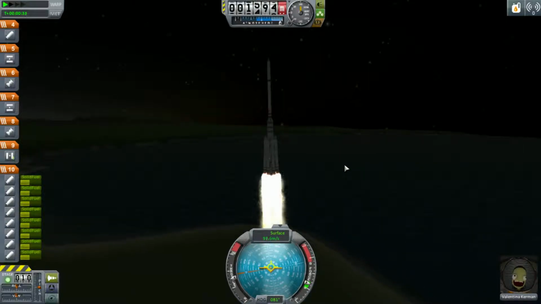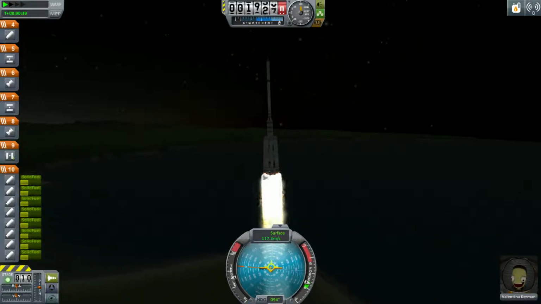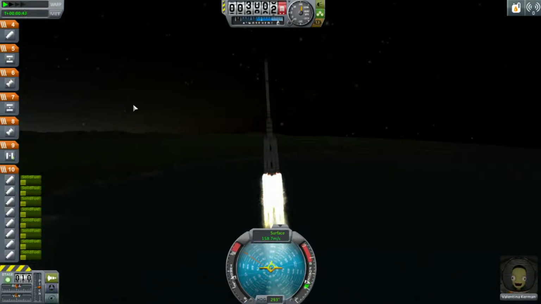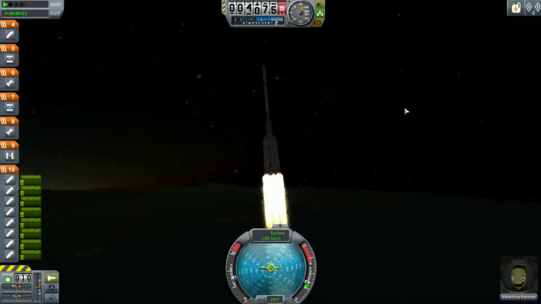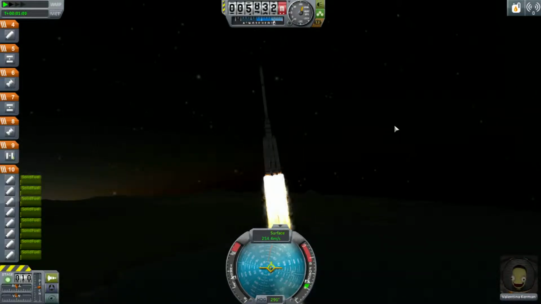Now, hopefully, once we detach these, the Mammoth liquid fuel engine down there will be enough to keep it going. I mean, I realise we're spinning a bit. I'm not sure why we're spinning, but it doesn't seem to be a major problem. We're moving. And when those run out of fuel...